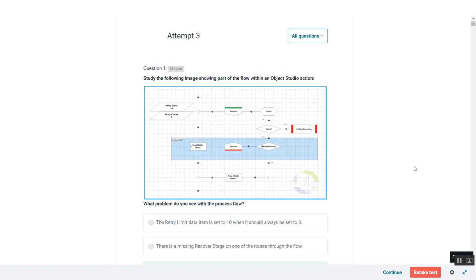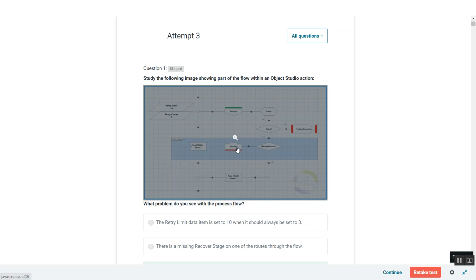Here, if we see the recover stage, one path is going up and one path is going down. In the upper path there is a resume stage, but in the down path there is no resume stage. That is the issue with this flow diagram.